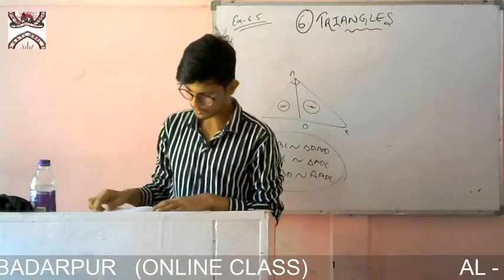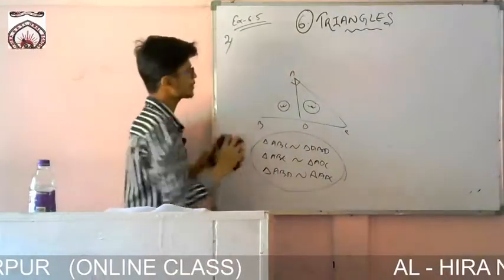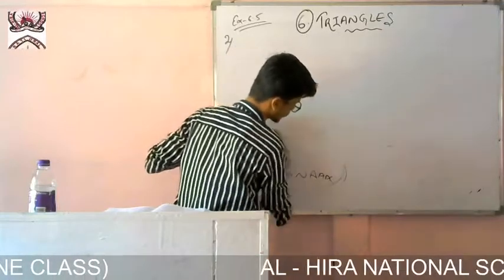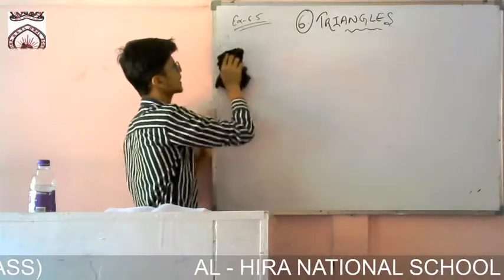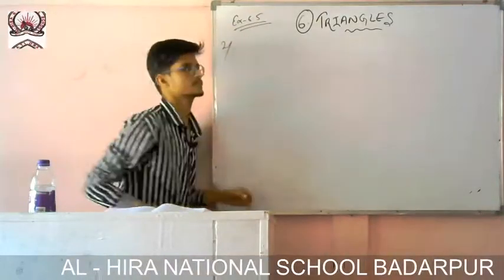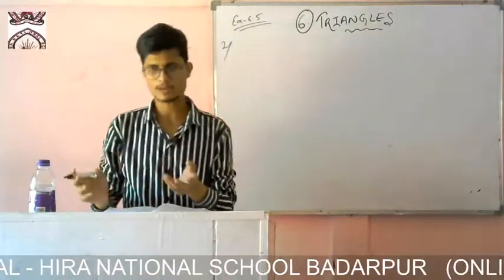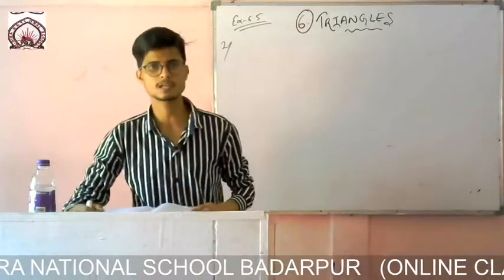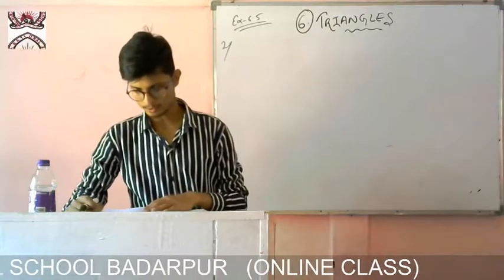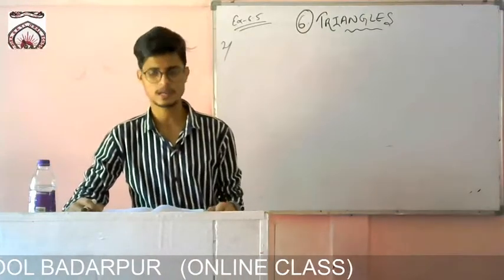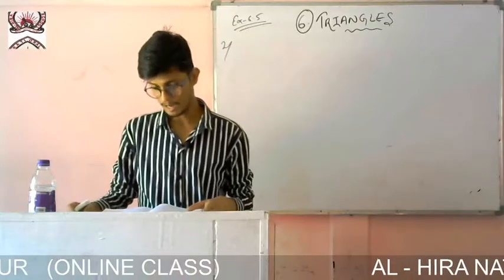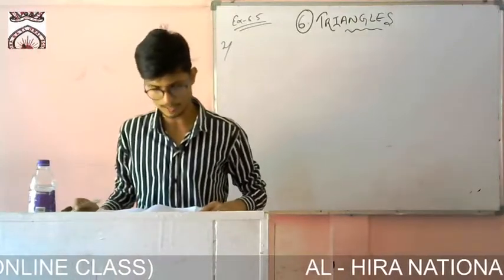You see question number 2. Question number 1 we have completed. Question number 1 was to check whether these triangles were right-angled triangles or not. You find the greatest side, and if the square of the greatest side equals the sum of the squares of the other two sides, then we said it is a right triangle, and that greatest side is the hypotenuse of that triangle.